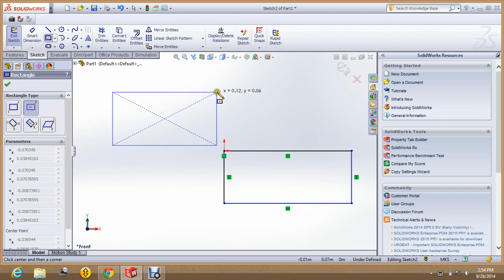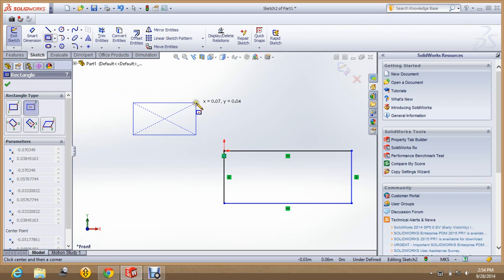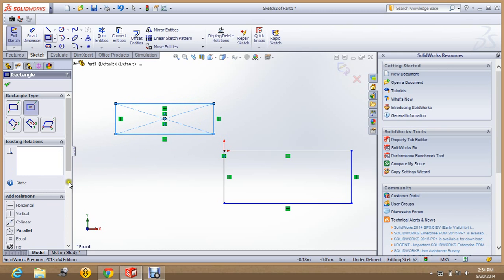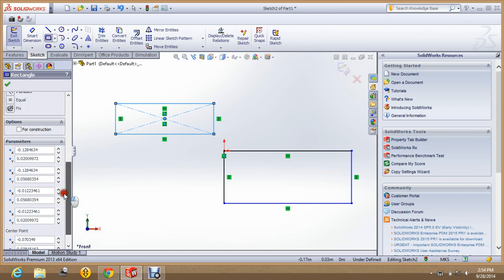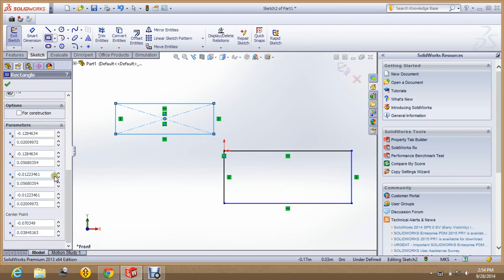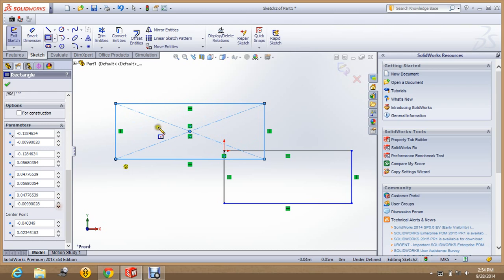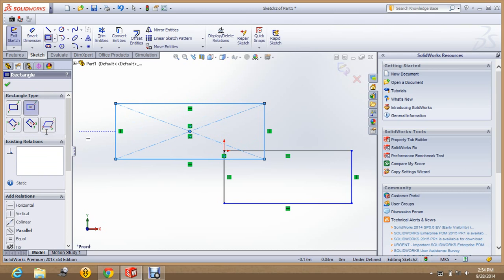So it will take that point and we can move the mouse to give the dimensions in x direction and y direction. So let us change the dimensions as appropriate. So over here we can change the dimensions also, as you can see, and this can be changed like this. So this is about the